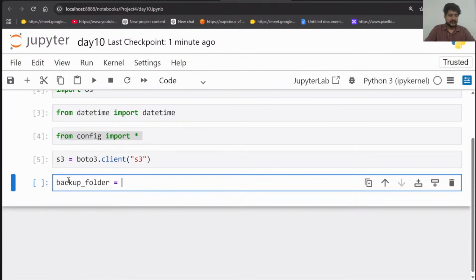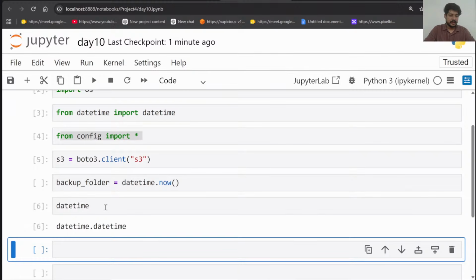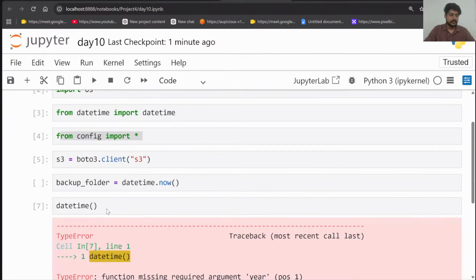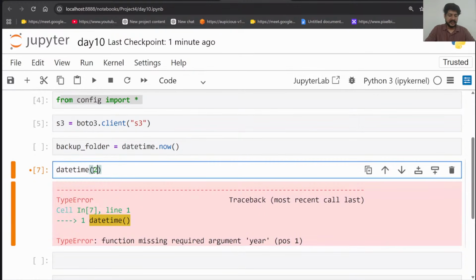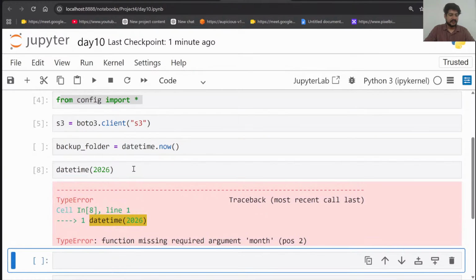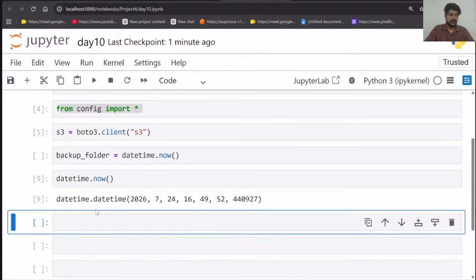is stored in some location. So inside datetime I'm selecting the option called now. Inside now it will give me the correct date and time which is happening right now. So this is a Python module. If you run the datetime module, it will tell you what is the time right now. So the datetime function is missing the argument year. So you have to tell what is the datetime of 2026. So technically some values are missing, but inside this there is one more function called datetime. So if you run datetime dot now, you will see what the date and time is right now. It will give you the output.